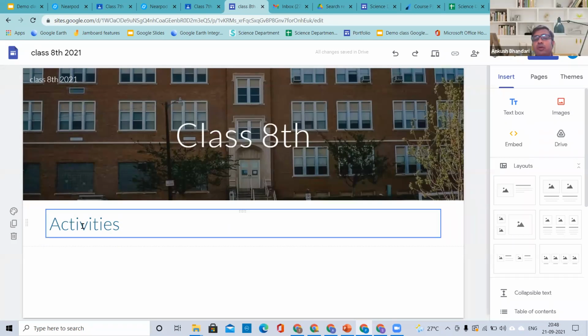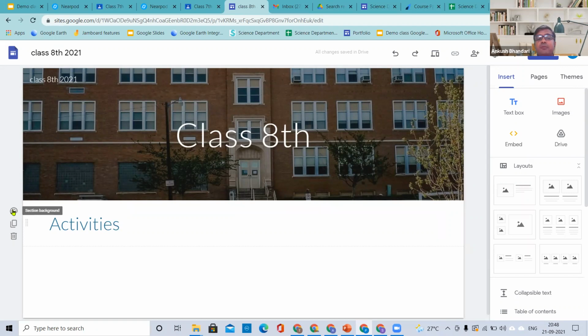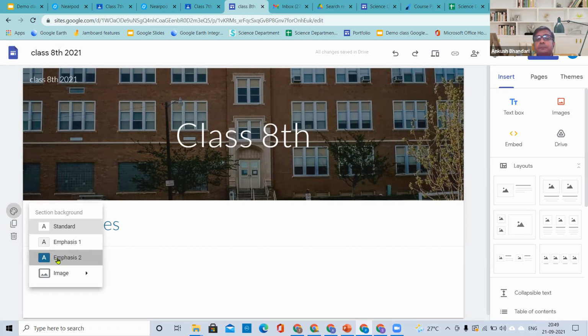So now we'll be changing the color. For example, this is white, right? We want to change the background color. On the left hand side of your activities text box, you will see a color palette by the name of section background. Can you see? If you click on section background, please select emphasis number 2.